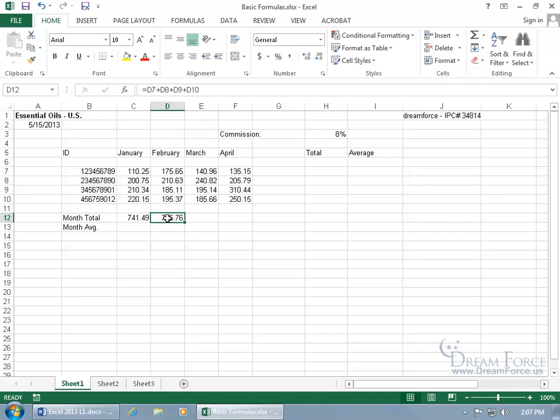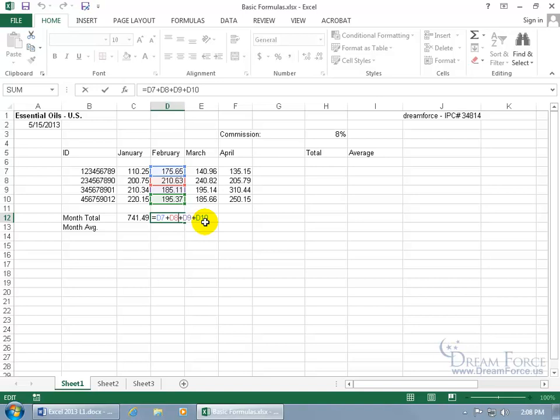Also, if you double click really fast on the cell, it actually opens up and removes the value or the result of the formula within the cell so you can make the changes down below. You don't have to come all the way up here into the formula bar. Again, if you double click, you can go ahead and make the changes in the cell there, and then